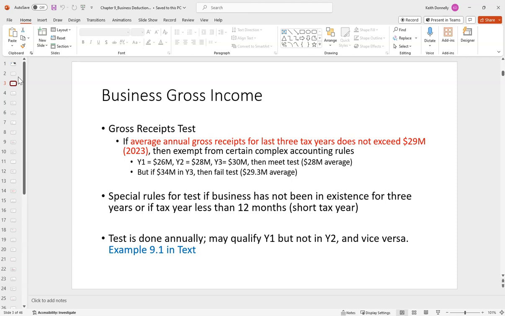So here's some examples. We've got year 1, year 2, year 3. What you do here is add them together and divide by 3. There's 28 million. We're below it. We're a small taxpayer. If we change the facts, if in year 3 there was 34, you'd fail the test. It would be 29.3. Now we're a large taxpayer. There are special rules in play if the business has not been in existence for 3 years, so they annualize it or look at it over a different period. If we look at 9.1 here,